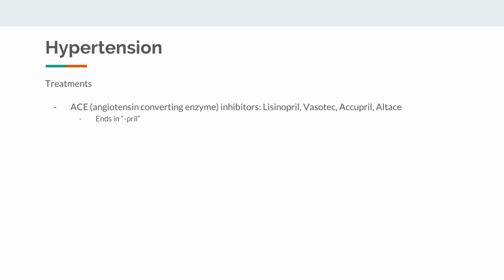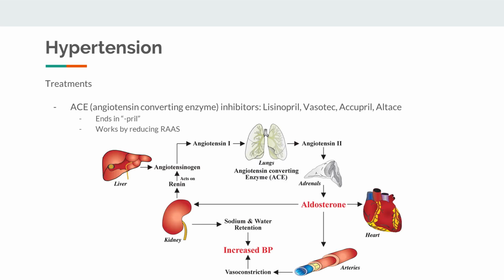To better understand how ACE inhibitors work, we have to talk about the RAAS, or the renin-angiotensin-aldosterone system. The kidneys have the ability to monitor blood pressure, and when they sense a blood pressure that is lower than normal, they secrete an enzyme called renin. At the liver, renin converts the molecule angiotensinogen to angiotensin 1. Then at the lungs, angiotensin 1 is converted to angiotensin 2 by the angiotensin converting enzyme, or ACE. Angiotensin 2 works to cause systemic vasoconstriction as well as the adrenal glands to secrete the hormone aldosterone. Aldosterone works in the kidneys to retain more water, which leads to increased blood volume and ultimately increased blood pressure.